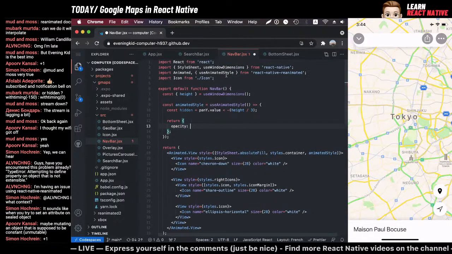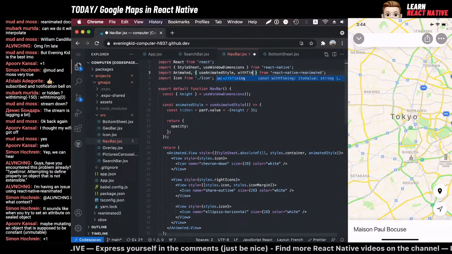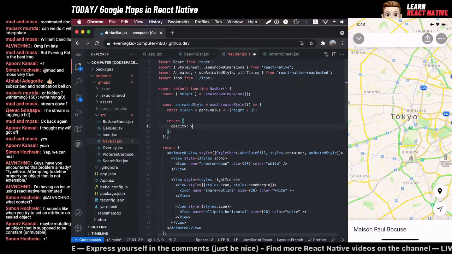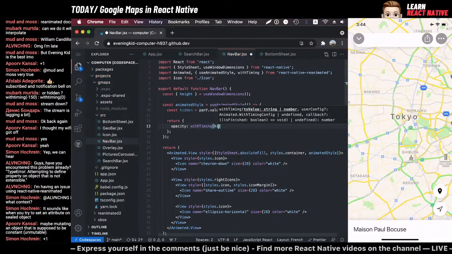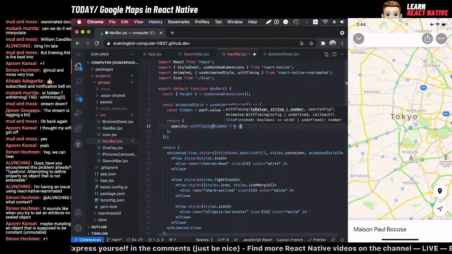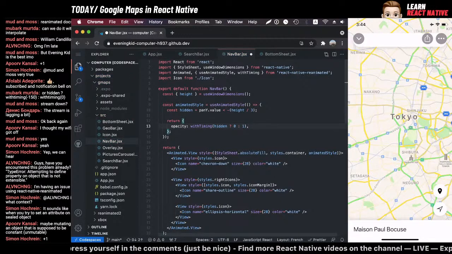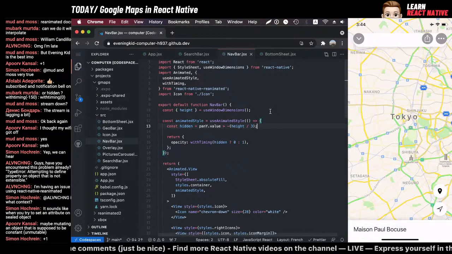So let's just change this here. We'll need withTiming, just like before. And all we need to do is withTiming, if it's hidden, then opacity 0, and if not, then opacity 1. The only difference here is that, instead of the condition for the search bar, we need to reverse the condition and just do this. And now if I hit save and just refresh that,